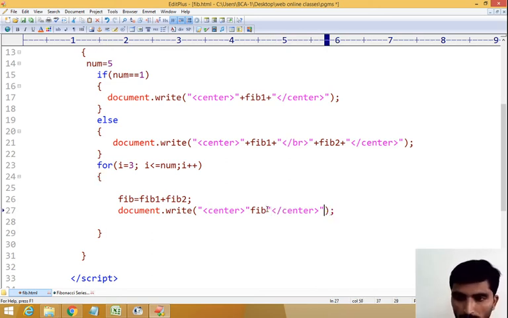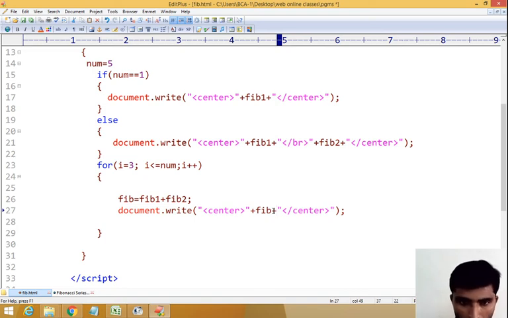Here I will write a double quote, because this is one string. This is also HTML. If you are writing HTML code within JavaScript, you must write it within double quotes. Here this is a script value, so for that we have to write plus.